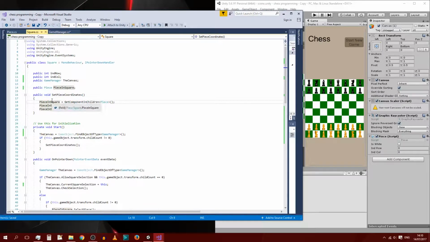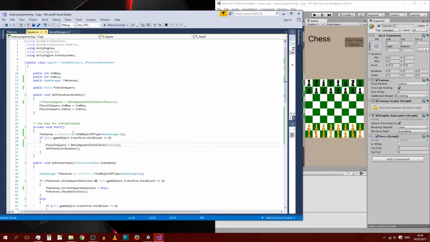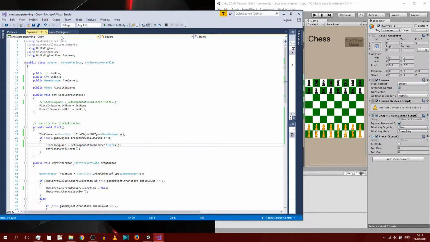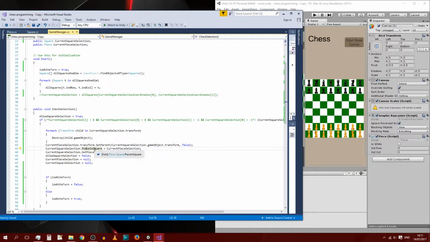Next we want to comment this line out, and instead we want to add it to where we started off. And then in the Game Manager, we want to change how we set coordinates. So let me just find this real quick. Current square selection equals this. So we just literally assign this. So we change the square's current piece selection into whatever piece is in the square, into current piece selection,